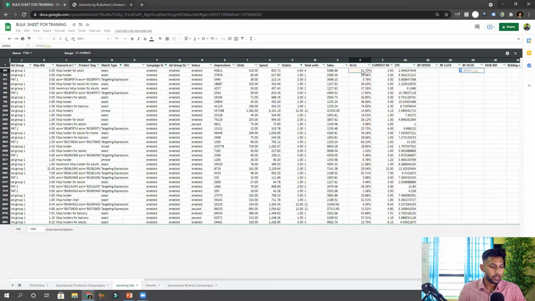If the ACoS is greater than 30%, then what we have to do, open quotation, then reduce by 60%, or you can also reduce by a little bit lower, like 40%. It depends on how much budget you are spending, into the current bid amount. Again, if the ACoS is lesser than 30%, then we have to multiply,